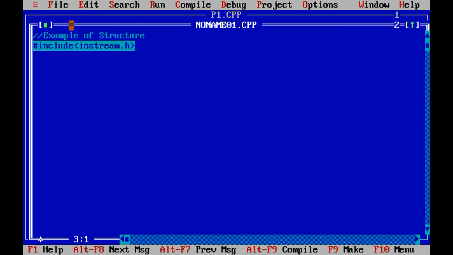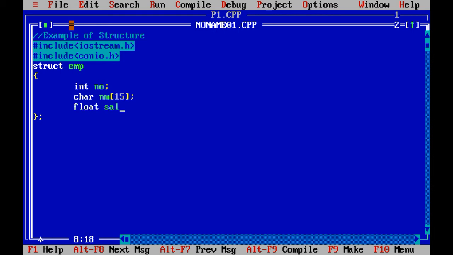Now this is the second way. #include iostream.h, #include conio.h. Now let me create the structure first. Again I am going to take the same example: struct employee, integer no, character nm of 15 and float salary.